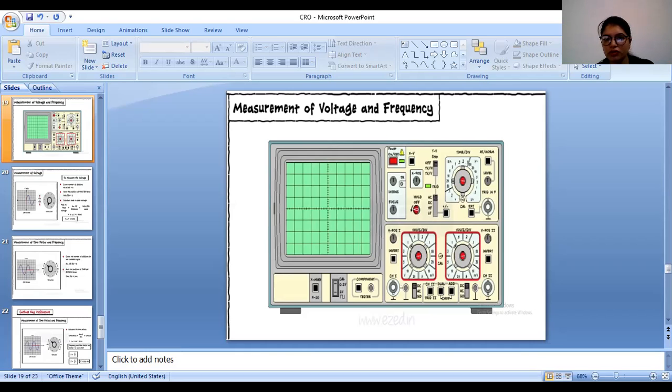So electrons will start being emitted from the cathode filament through thermionic emission. This is the principle. Now after we heat up this cathode, the electrons will start emitting towards the anode. The anode is connected at the phosphorus screen, so the electrons will be moving like this towards the anode. This is the electron beam.